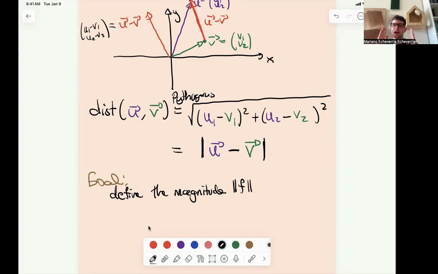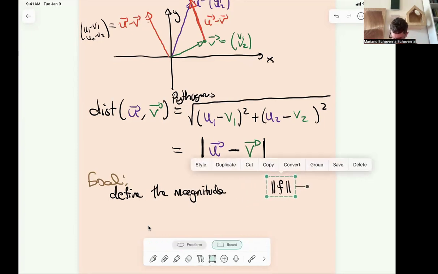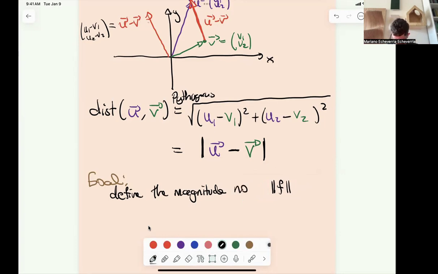I'll put two vertical lines so that it's not confused with the absolute value, because it's not going to be the absolute value. So you define the magnitude of a function,